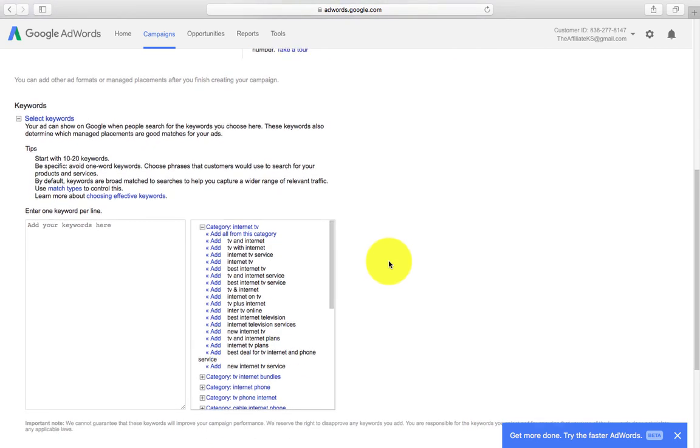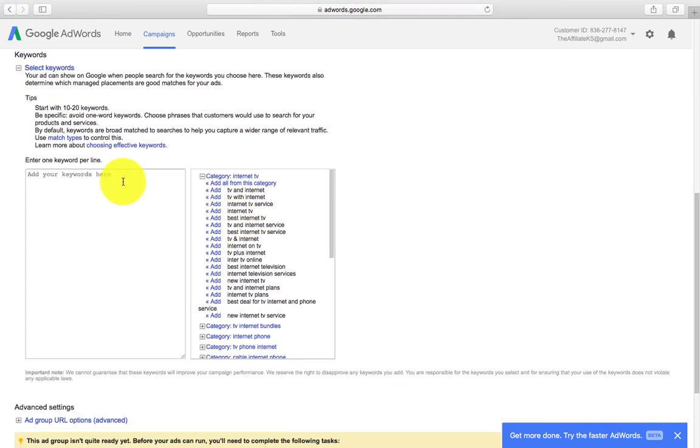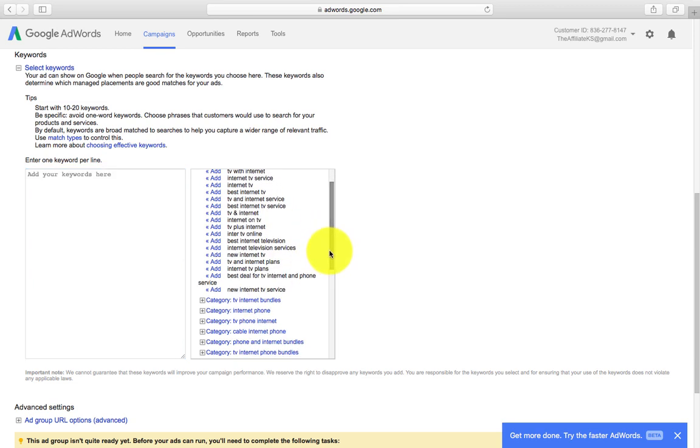All right. Now, under keywords, don't use these yet. What we're going to do is put in about a dozen or so keywords, and you need to put in exactly the keywords that I put in. And then I'm going to show you how to get several hundred keywords off of the keywords that I'm going to put in for you. So you're going to put in internet, and then hit the enter key. Next line, cable TV,